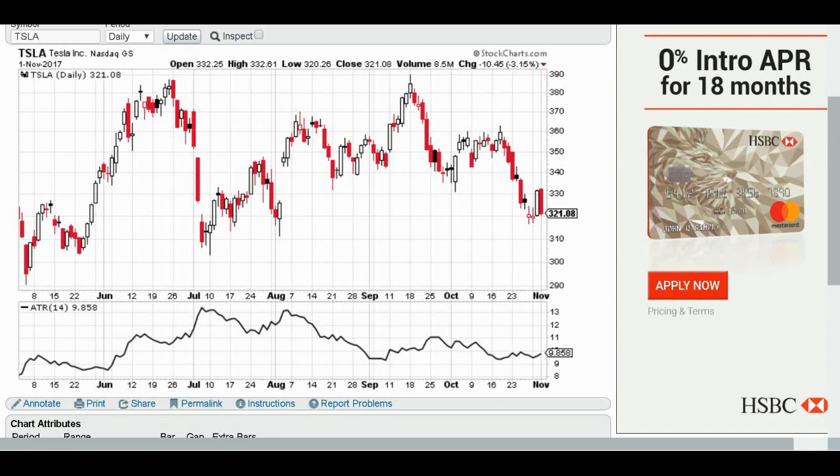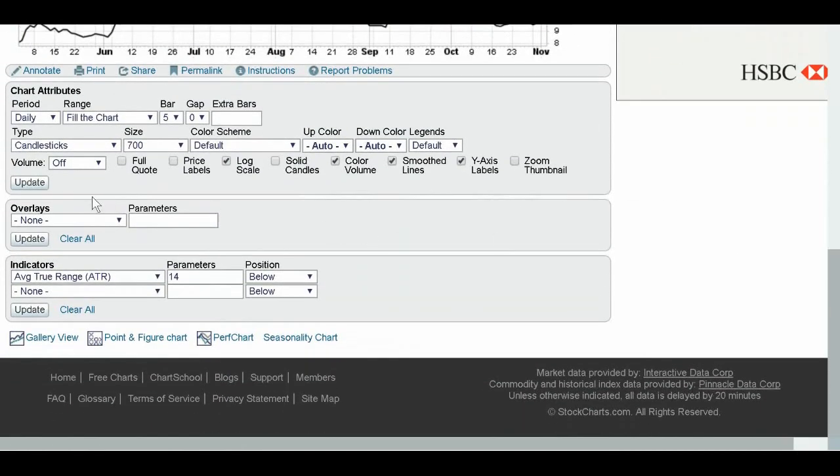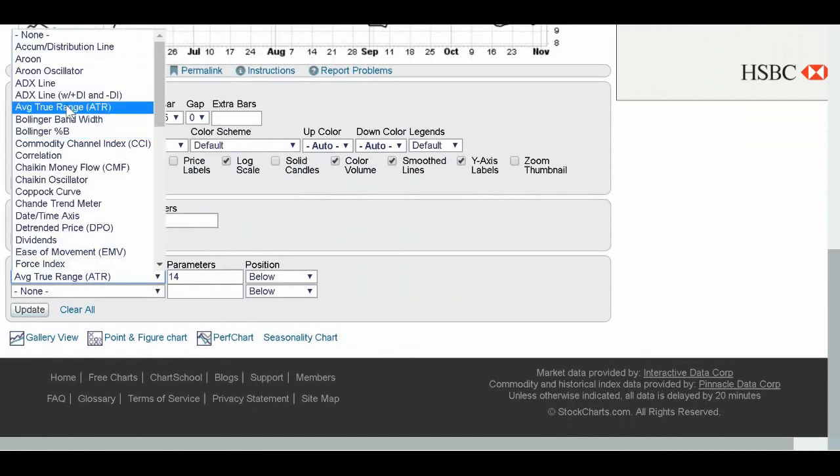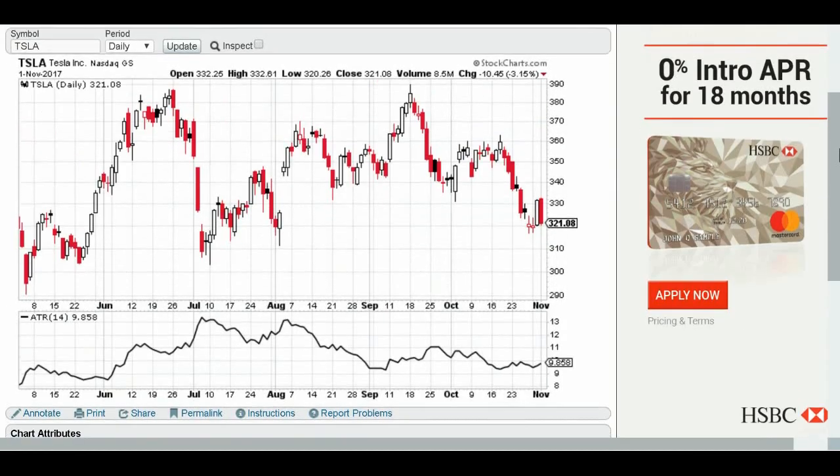And here is a daily candlestick chart. As you can see, it can be used for swing trading with the daily candlestick chart. Each of these candlesticks represents 1 day of price action. And here it is, the average true range, and by default, it's on the 14 period. And how do you get that? Well, on stockcharts.com, you go to the indicators section, and you go through them all and look for average true range, ATR. You put it up there. It automatically puts 14 period for you, but you can change that if you want to. And then you click update. So there it is, I already did that for you.